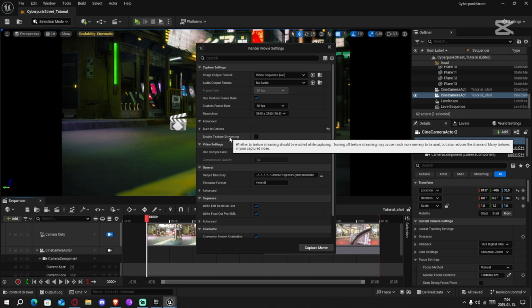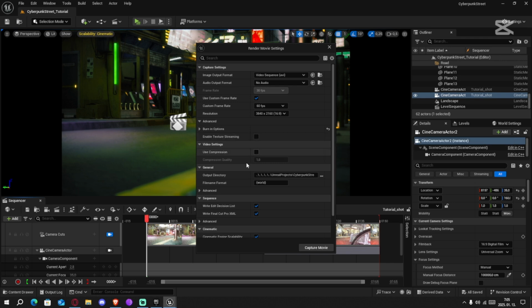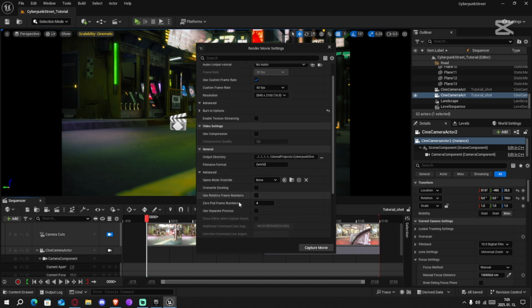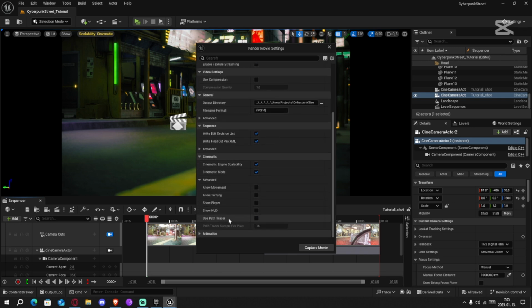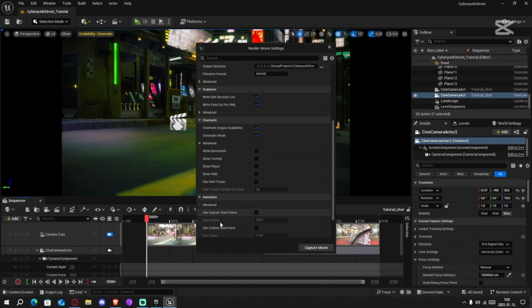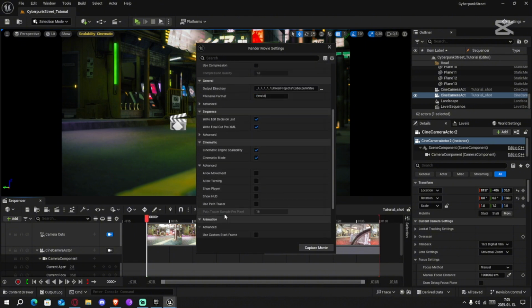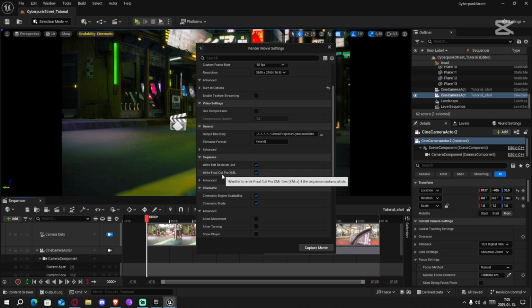Here is the output folder. You can play around with them, and here in the cinematic section you must tick cinematic mode to make it render in the cinematic engine scalability, so it looks the absolute best. And yes, here's the compression,